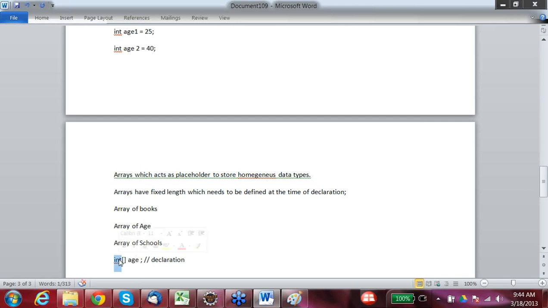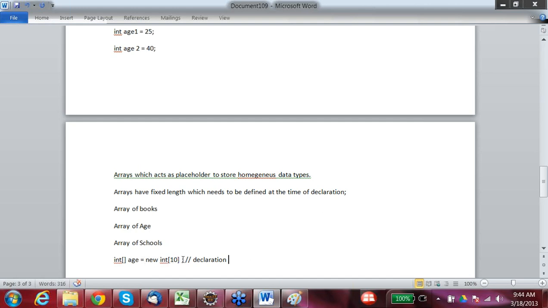Okay. So whenever we are declaring an array, we need to give the data type which it is going to hold, plus I need to tell how many similar kind of items I would be storing in this particular array. So if I want to store, let's say, the age of 10 people, I would say int age is equal to new int, and I would give the size as 10. Right?